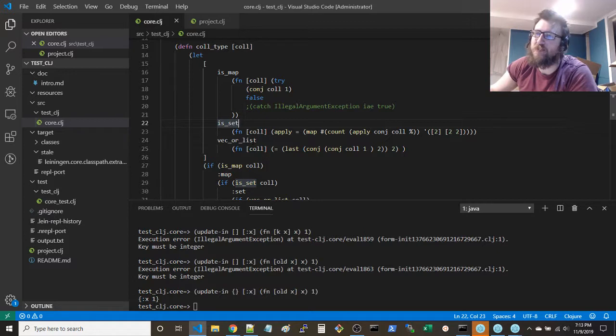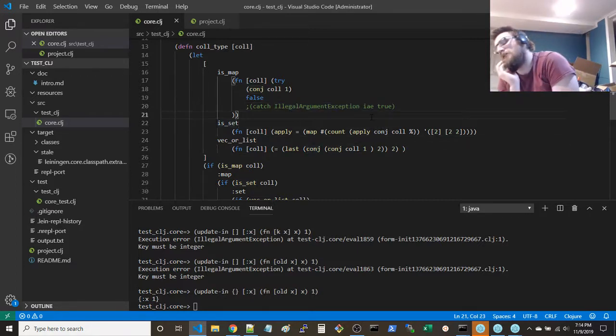And you won't be able to tell if it's a vector or a list, because it could be a vector or a list or a map. Assuming it's not a map or a set. Oh, I don't know, man.